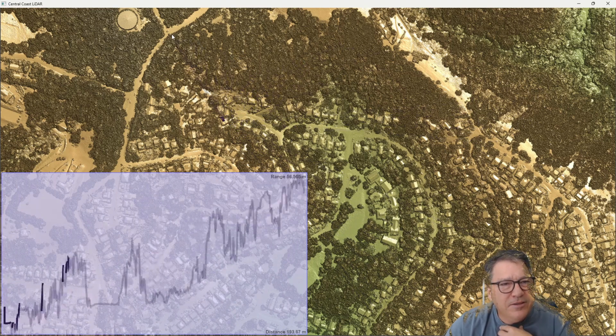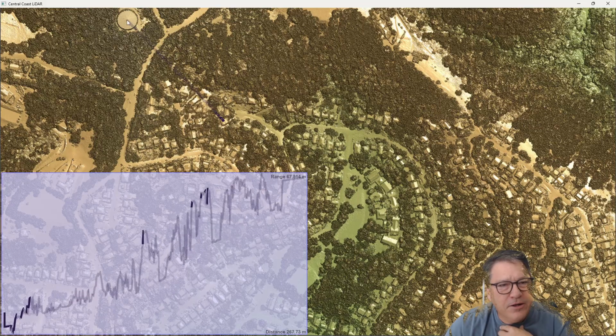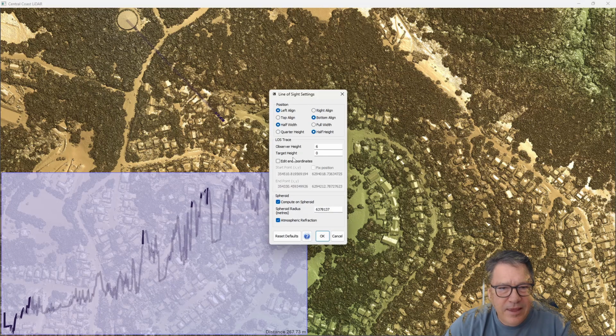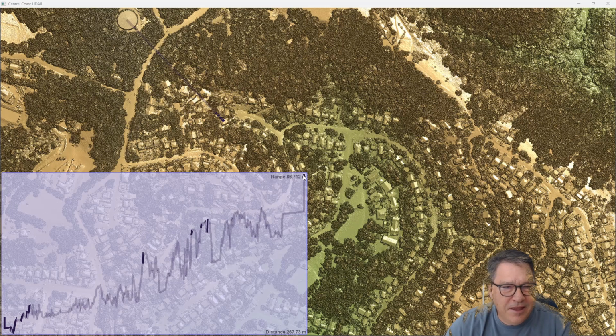And up here on the hill, there's a tower. There's a 5G tower. Let's go into our line of sight properties and set that target height to, I don't know, 20 meters or something. The height of the tower, it's not particularly high. And you can see that on the profile here,